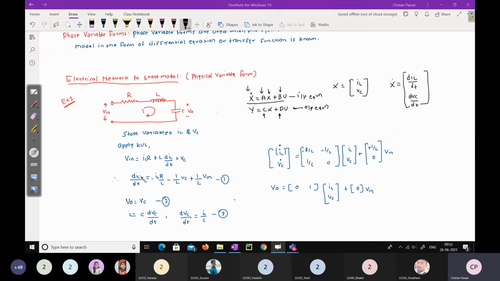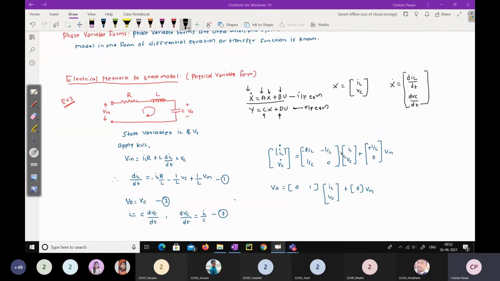So now we have found the equation for inductor current, right? We need to find it also for the capacitor voltage. As we know, whatever current flows through the inductor will be the same as the current flowing through the capacitor. So IL will be equal to C into dVc by dt. If you just arrange it, dVc by dt will be equal to IL by C. So this will be our third equation. So we got three equations. Equations 1 and 3 are the state equations and 2 is the output equation. If we just represent it, IL bar and VC bar is equal to minus R by L into IL.